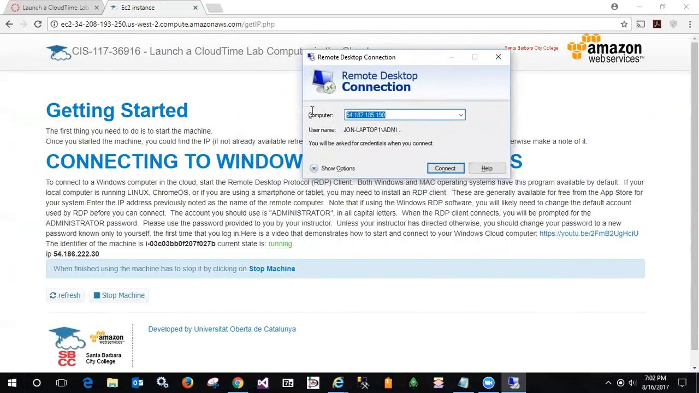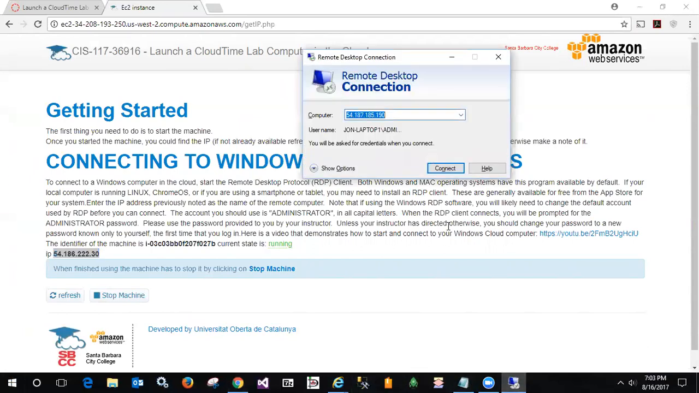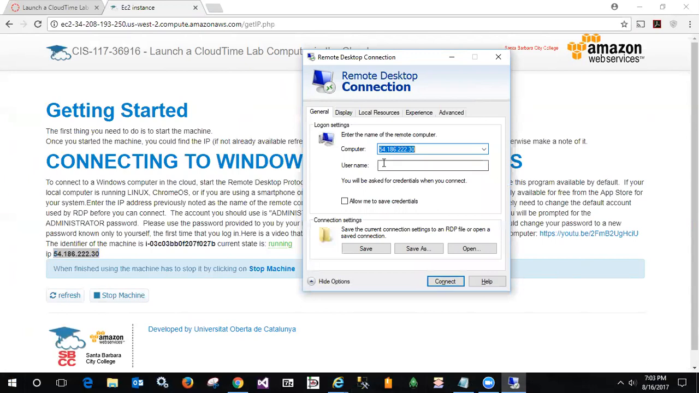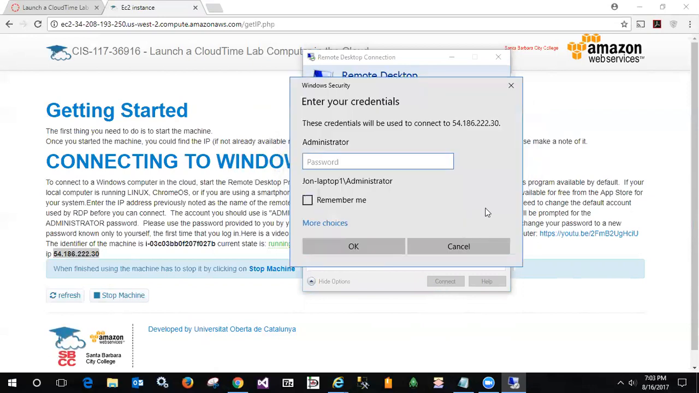We want to change the IP address to the one provided here. I'll simply Control-C to copy it and paste it in here. And I need to change the account to capital A, lowercase d, administrator. And let's go ahead and connect. And the password, all caps,